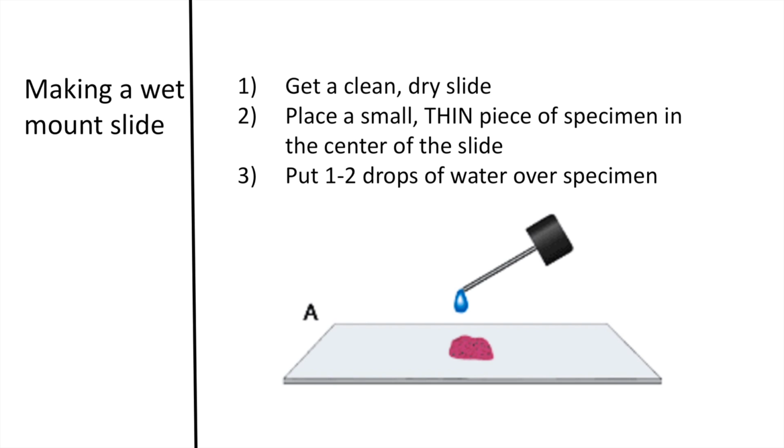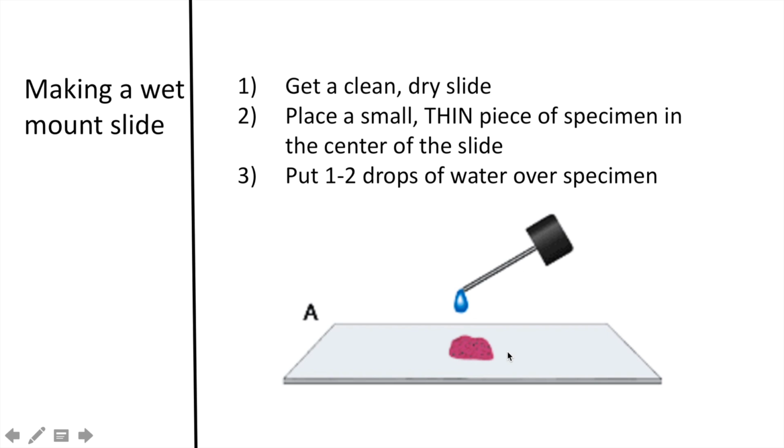In order to make your own wet mount slide, there are a few steps. It's very simple, and you're going to get to practice this in class. The first step is to get a clean, dry slide. So you're going to get a slide that is clean and that is dry. The second thing is that you're going to place a small, thin piece of specimen, and the specimen is located here, and you're going to put that into the center of the slide. Then you are going to take a water dropper, and you're going to drop 1 to 2 drops of water